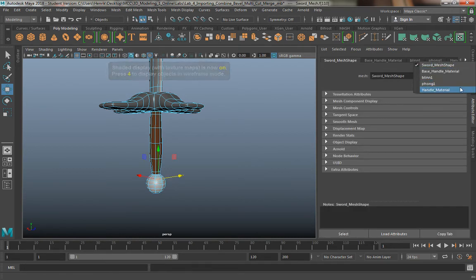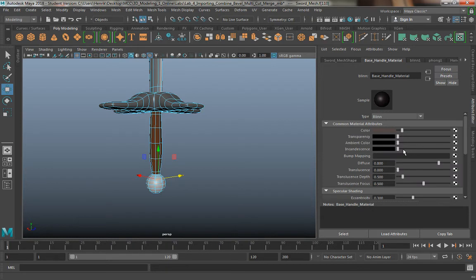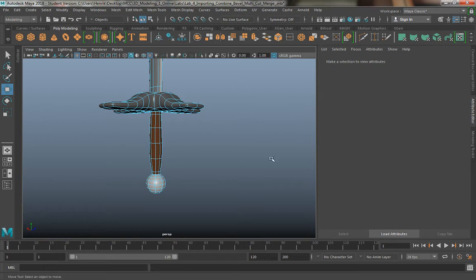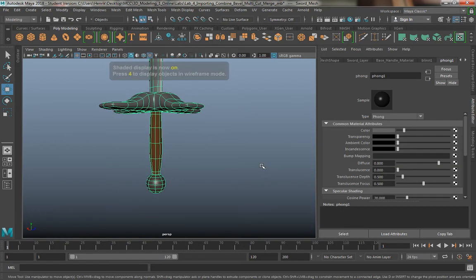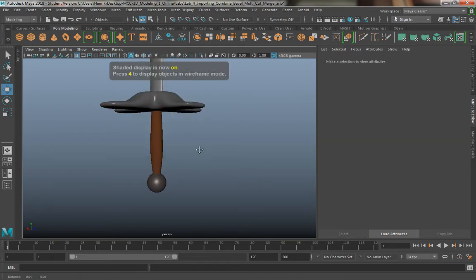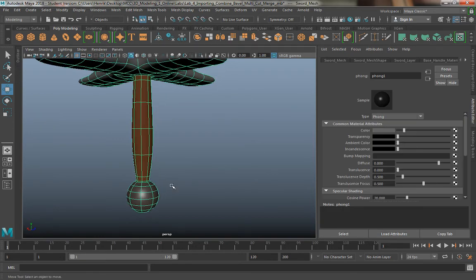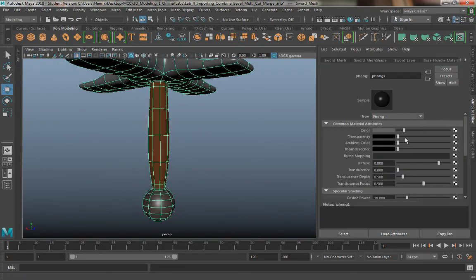And we'll go to base handle material. And I don't know why the color's not pulling up. Four, 5, 6. There we go. So now I've got this little darker sort of rock here, and then on my